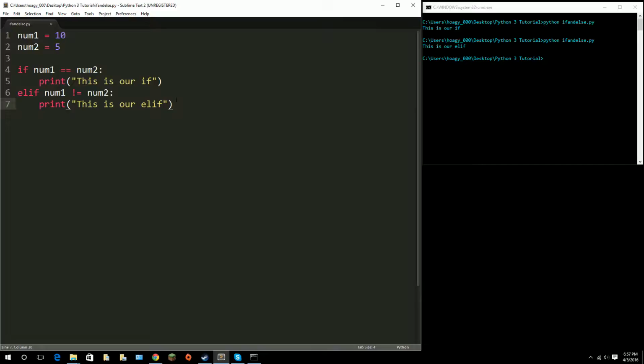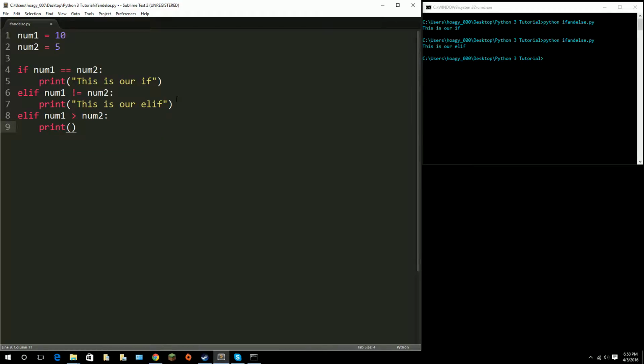You can have as many elifs as you want in an if statement. So if I just wanted to say elif num1 is less than, yeah, you can do all of the operators. The Boolean operators are is equal to, so two equal signs, not equal to, exclamation point equal sign, less than, less than or equal to, greater than, and greater than or equal to. Now if you've learned in school, less than and greater than, you probably know what that means. So if num1 is greater than num2, then go ahead and